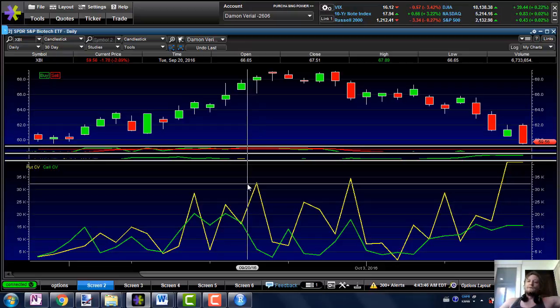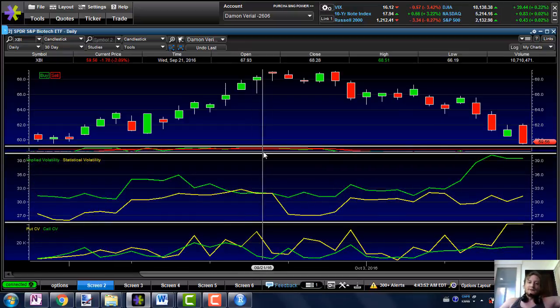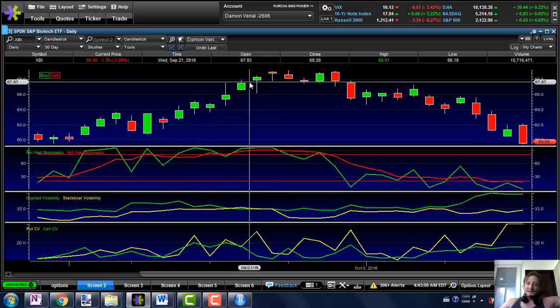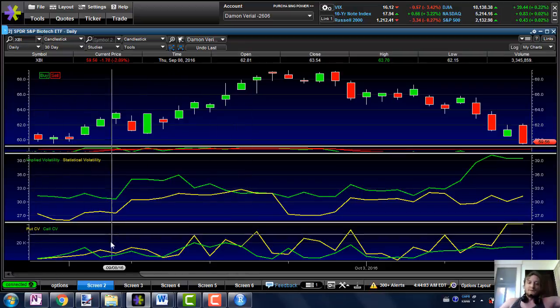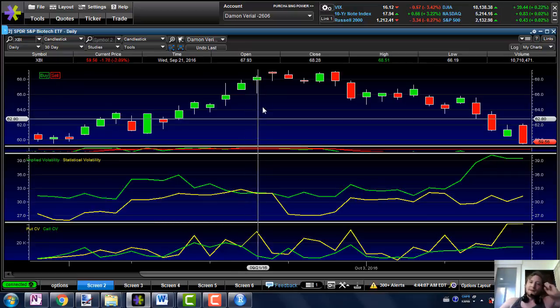I was waiting for a signal anyway, and the only things I really watch in terms of technical indicators are these 4 charts I have. So the candlesticks, the stochastics, the volatility, and the contract volume of the calls and puts. Now, when I saw that put buying, I decided I'm going to get in too,